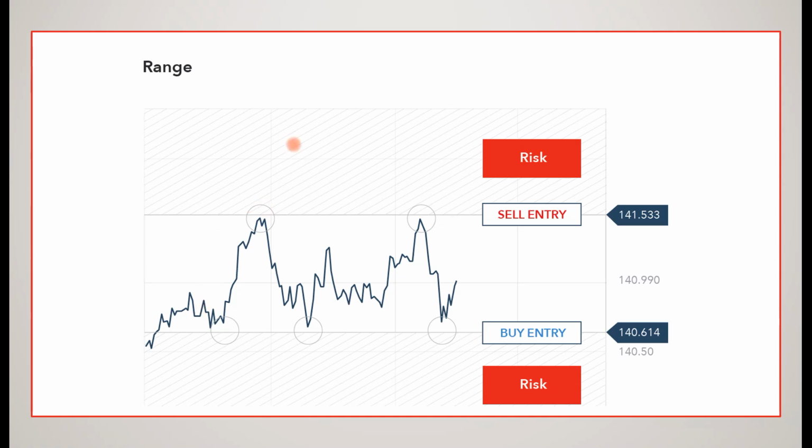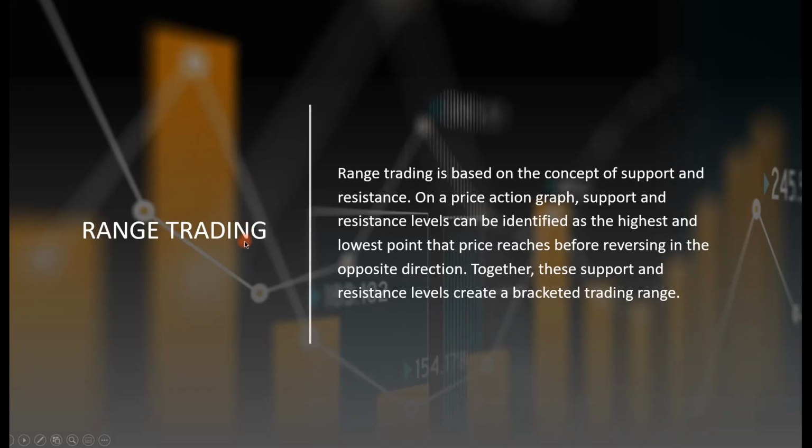But if we had bought down here, even if it breaks through, we end up making profit. If it doesn't make it that far, like in this case, it still eases back down and eventually makes it. It's either going to have to break above that resistance level or fall below that support level while it does. But while it's trading, making these double bottoms, triple tops, whatever we want to call them, they make a great little trade. Range trading is based on the concept of support and resistance.